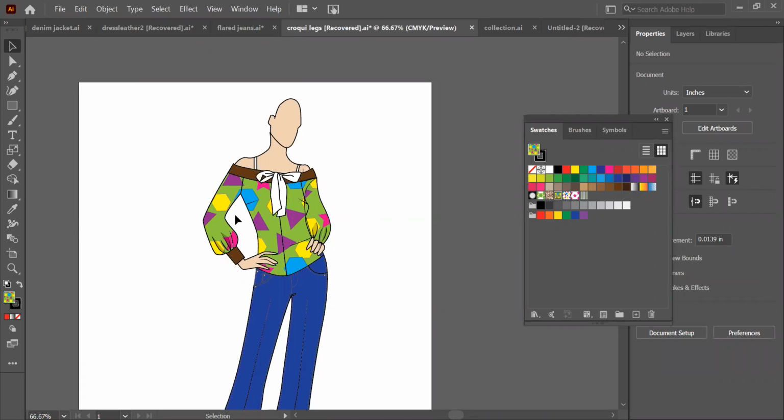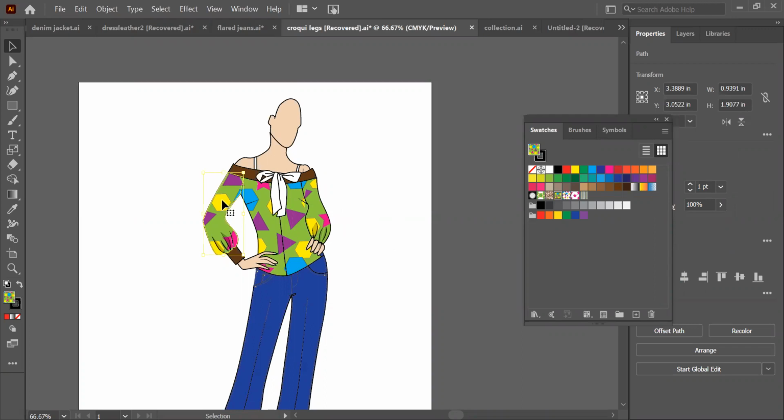Here also, if I want to move the pattern, I'll hold on to the tilde key and I can move the pattern. While I'm doing so, I need to make sure that the selection tool is clicked. I hold on to the tilde key and you see the pattern is also moving along.